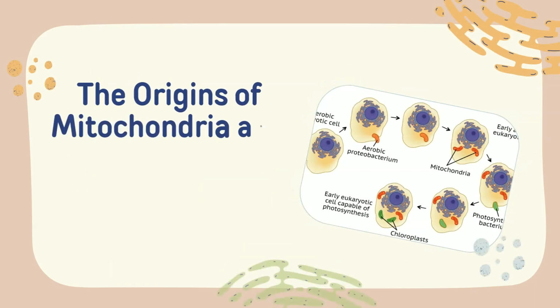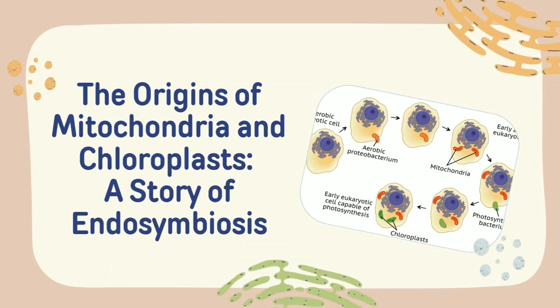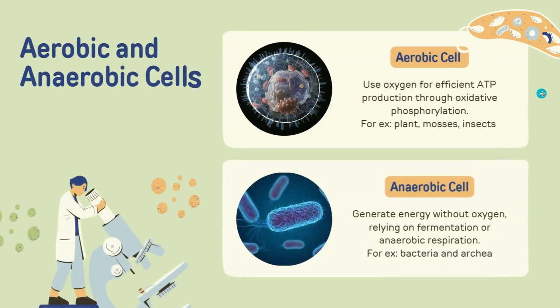Now that we understand mitochondria and chloroplasts evolved from bacteria, let's dive into how this incredible symbiotic relationship may have formed. To start, let's distinguish between aerobic and anaerobic cells. Anaerobic cells are organisms that cannot use oxygen to generate energy. Instead, they rely on processes like fermentation, which are far less efficient at producing ATP, the energy currency of the cell. On the other hand,